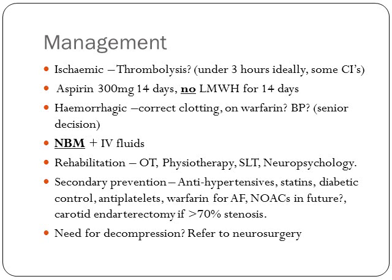If your CT shows it's a hemorrhagic stroke, you want to think about correcting clotting. You want to see if they're on warfarin, because if they're on warfarin, you want to reverse that warfarin to stop the bleed from progressing. You only really want to control their BP if it's really, really high, because of a risk of under-perfusing the brain if you drop the BP by more than, say, 20% or so. And again, their blood pressure will be a senior decision, and it'll be stroke consultants who decide what happens